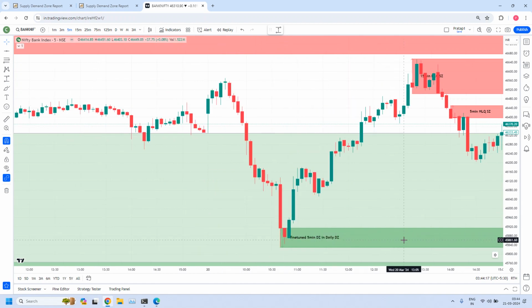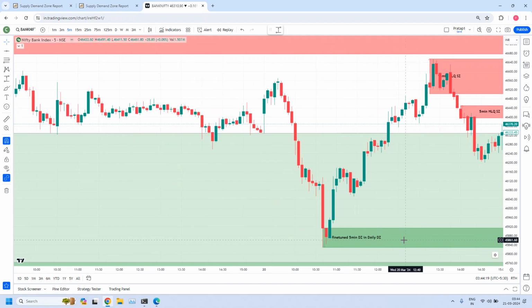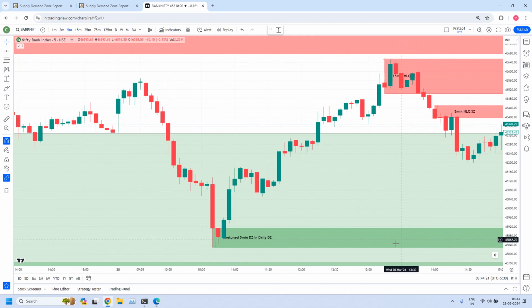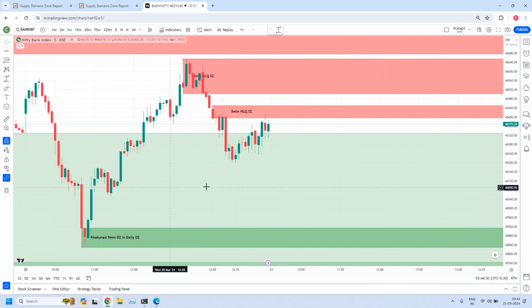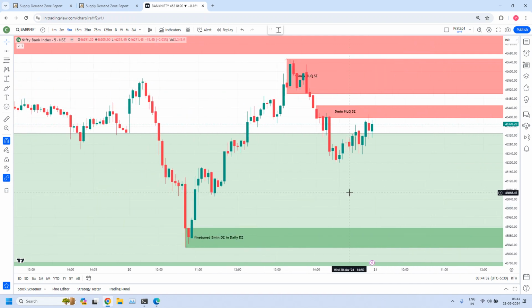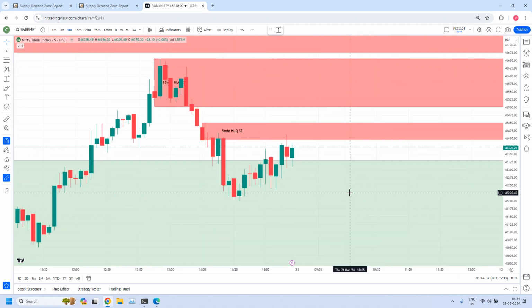At least one entry it may support. May support. There is no guarantee. Sometimes if the supply is very strong, this will be violated. Always we have to accept the risk. Otherwise we can't trade anything. But the only point is,